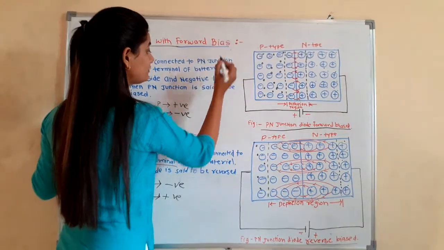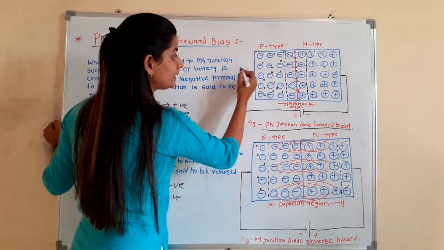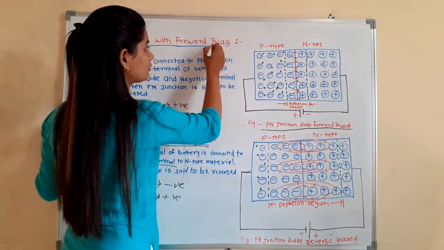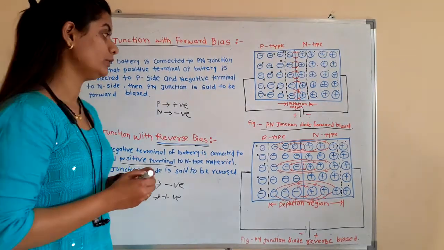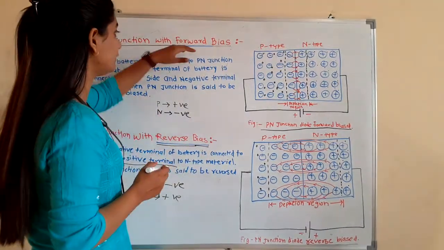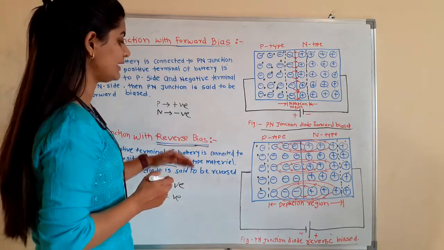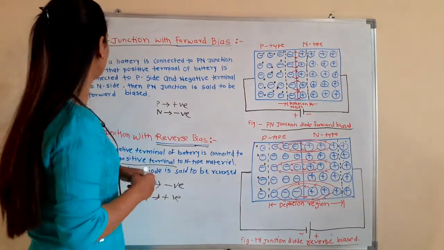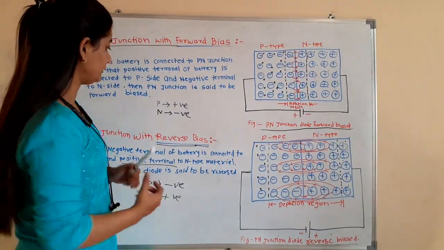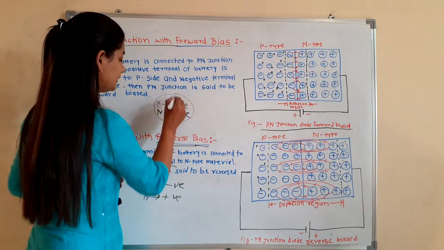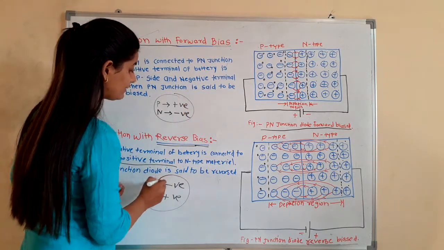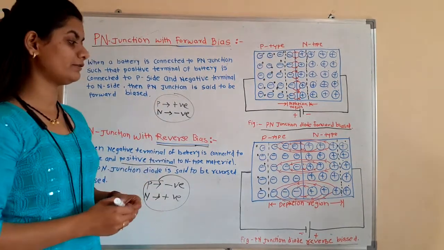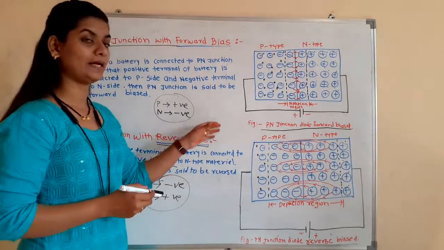So you get the bias: what is bias, when the battery is connected to the PN junction diode, any diode, the battery is connected, that is called the bias. So I hope you can get all points of forward bias and reverse bias. This is the block diagram of forward bias and reverse bias and this is the definition, and from this you can easily remember the diagram and the definition of forward bias and reverse bias. So hope you get that, thank you.